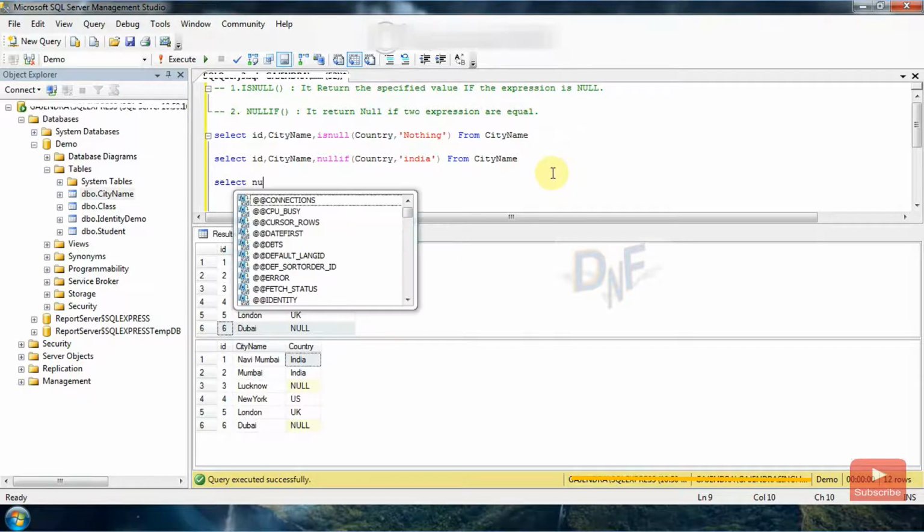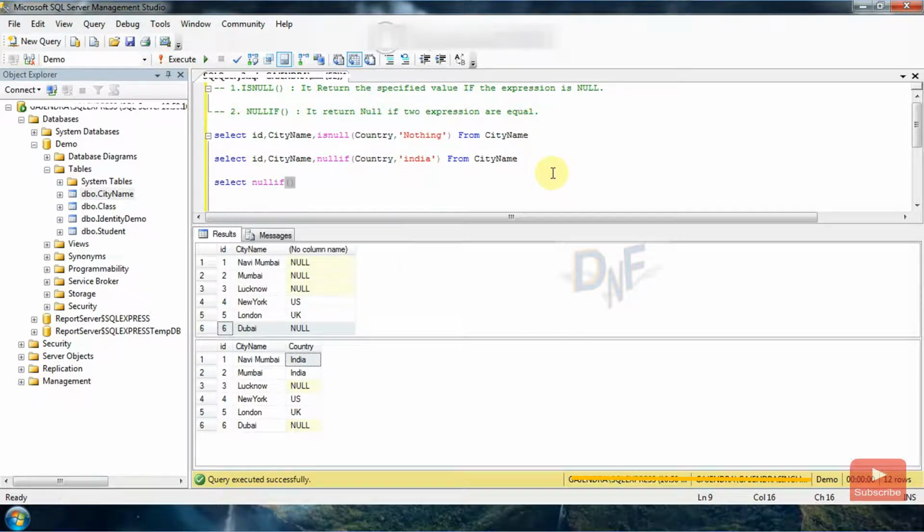For example, we can see another example: select NULLIF(2 - 2, 0). If 2 minus 2 equals 0, then it should return null.